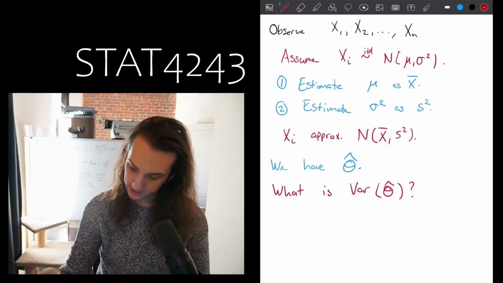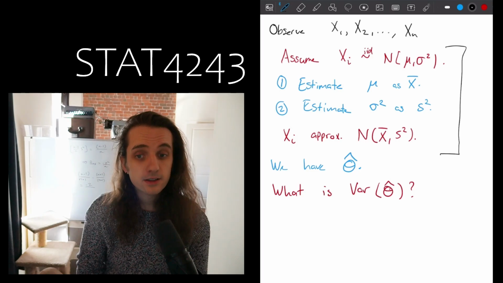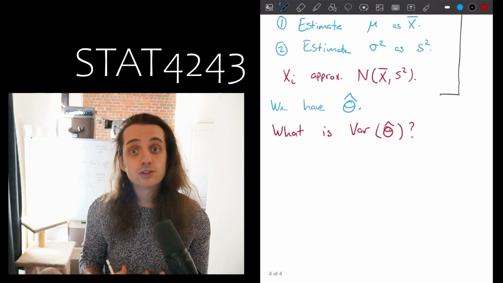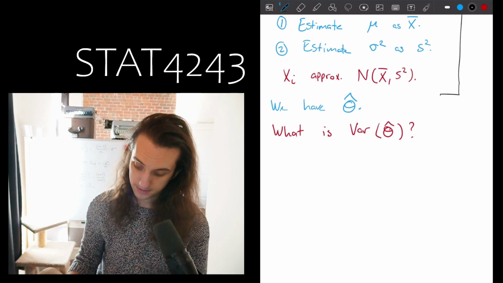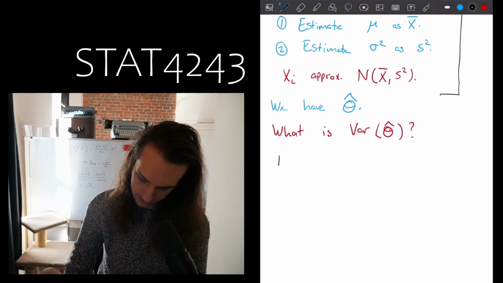If you are willing to make this assumption that we've set up here, one thing you could do is estimate the variance by repeatedly computing this estimator. So you could say, to estimate,